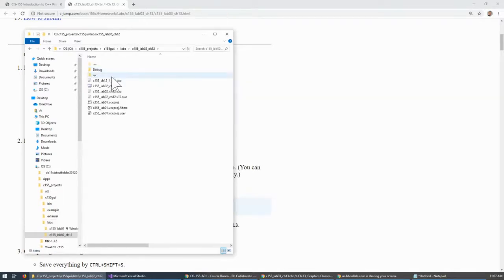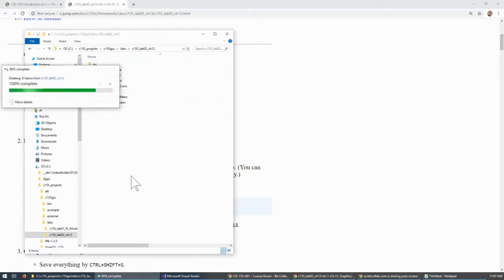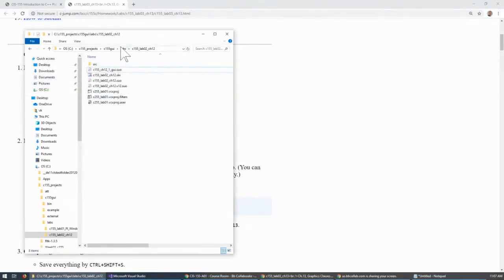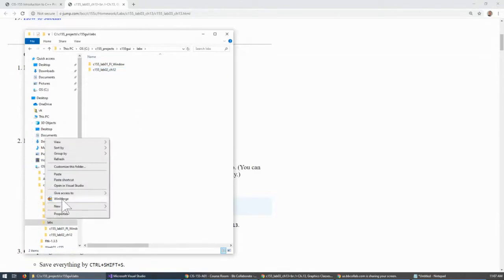So what I'm going to do is step number 1, I'm going to delete the directories vs and debug, because those are the results of the prior build. Just basically delete them. When I'm confident about deletion, I press Shift Delete, which deletes the files permanently. So yes, and once deleted, going back to the labs, just make a copy of the project by copy and same place paste,